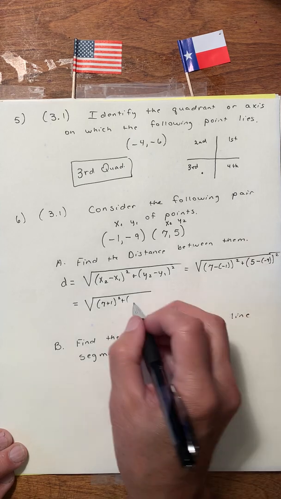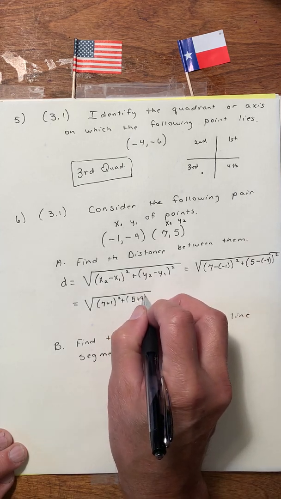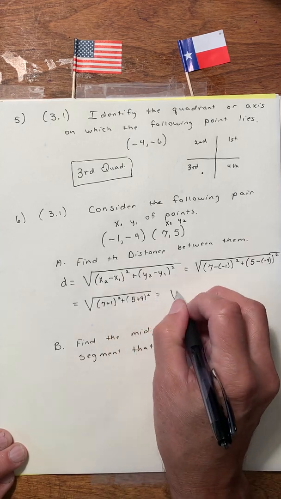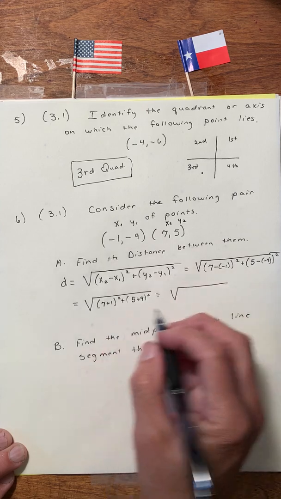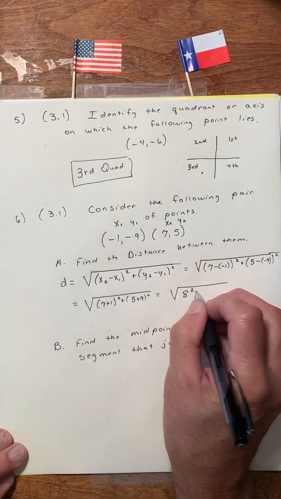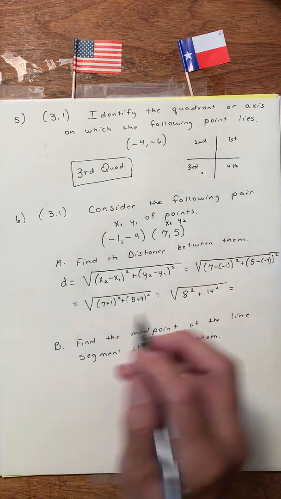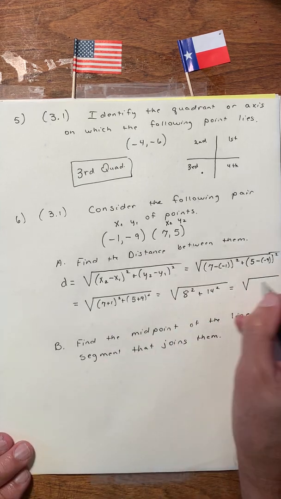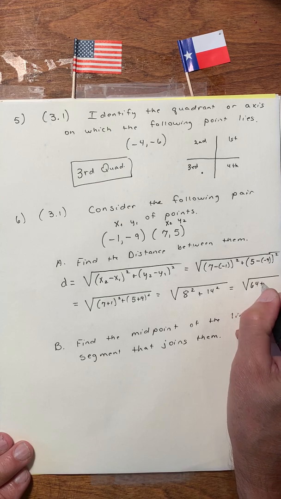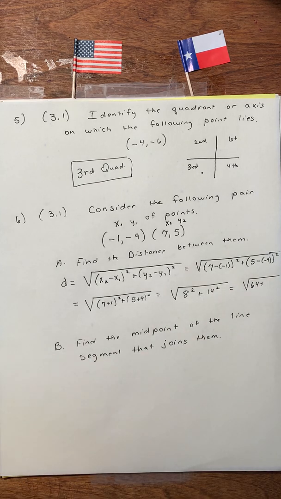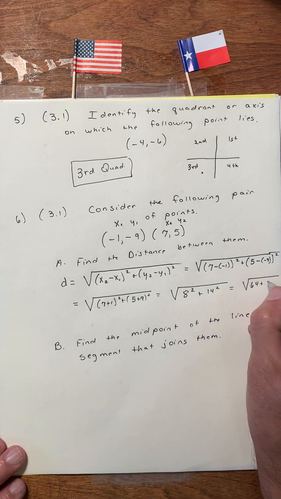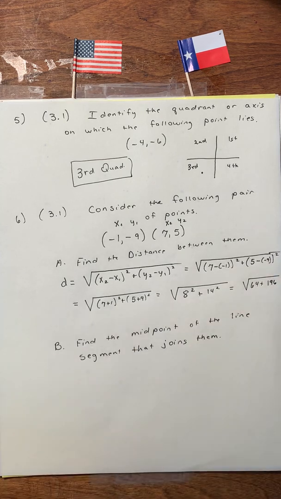This is 5 plus 9 squared. That's 8 squared, so that's 64. That's 14 squared. 14 squared is 196, I believe. Let me check. It is. Plus 64 is